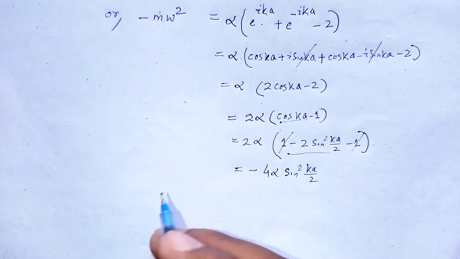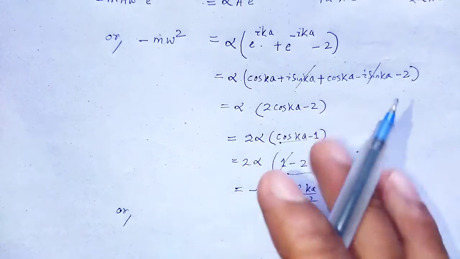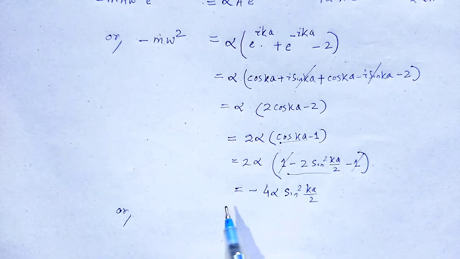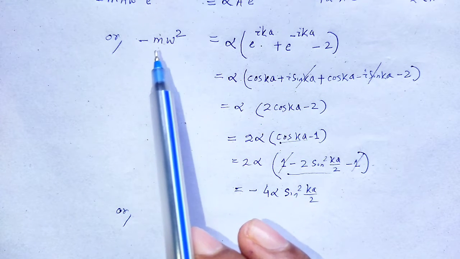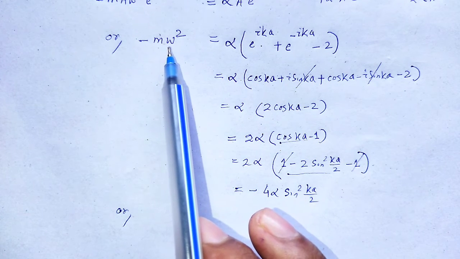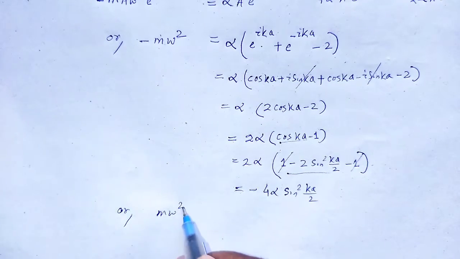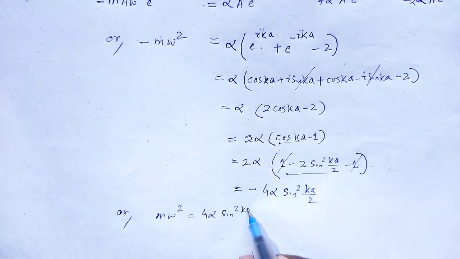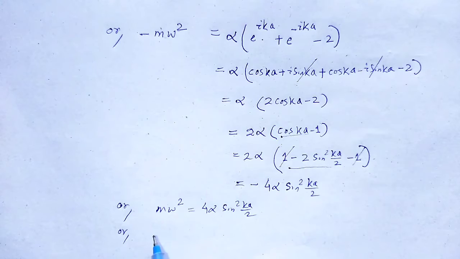On these two sides the negative cancel out, and m omega square is equal to 4 alpha sin square (ka by 2),